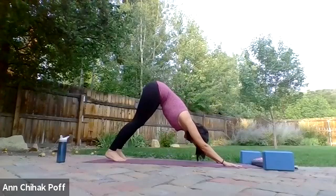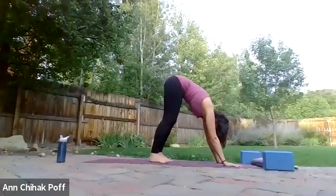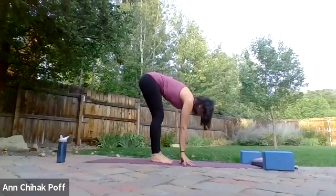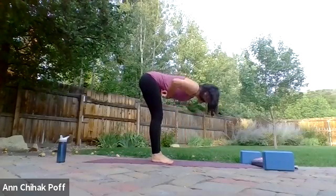You can walk your feet forward, your hands back, or a combination of the two. I usually do a little bit of both. If your blocks are nearby, use them. If they're not, you can always use your body. Let's come up slowly. So the next time you inhale, bring your hands to your hips and lengthen to come